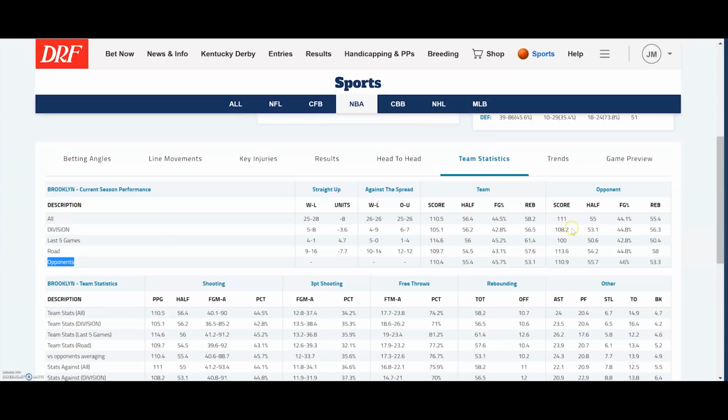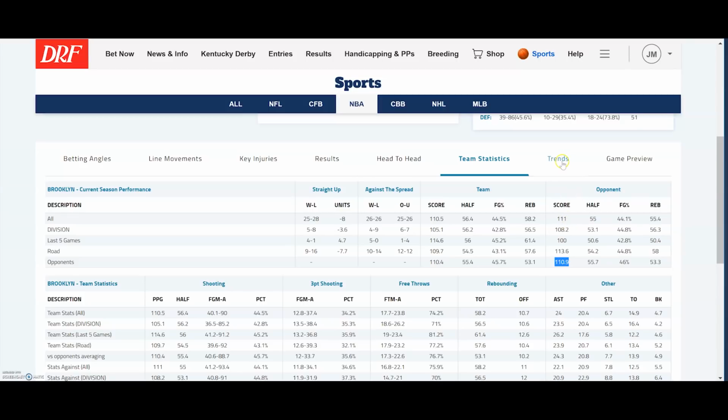So you can see here, one thing I will note, and we'll have further videos in the future that will go more in depth in terms of what's on this table, but in this particular case, the Brooklyn Nets allow 111 points a game against teams who on average score 110.9. So they're pretty much an average defensive team in that regard, giving up what is expected given who